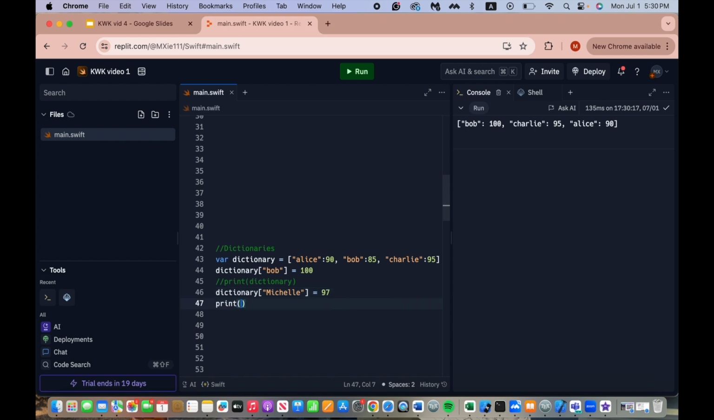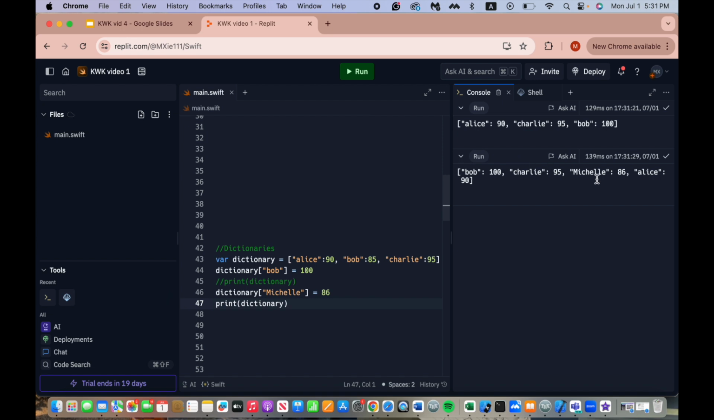And then we can do print dictionary. And here we see that we have added Michelle into the dictionary. So these are just some of the things that you can mess around with in a dictionary. But going back,